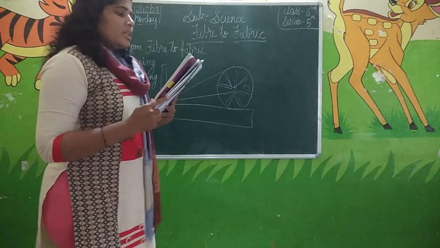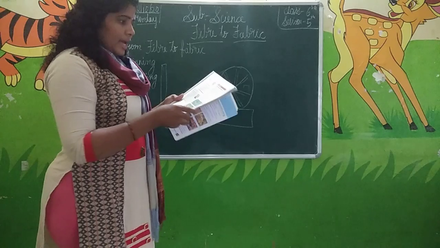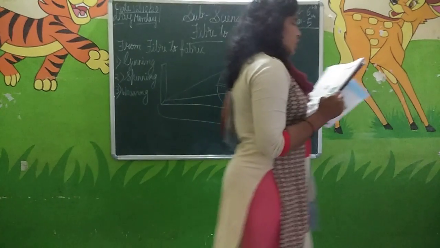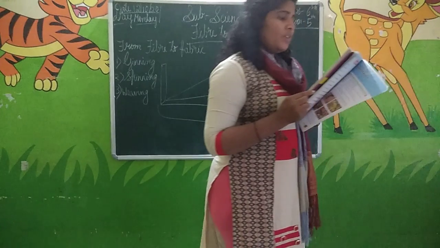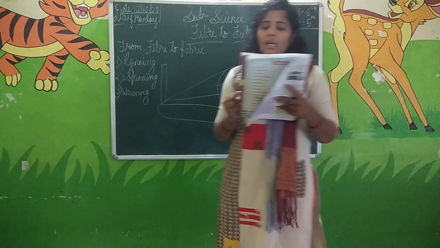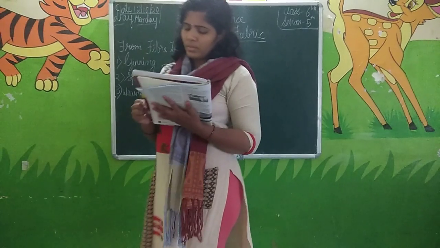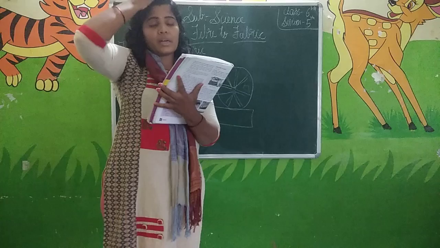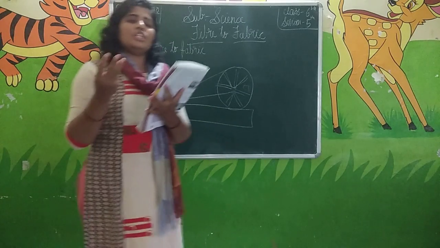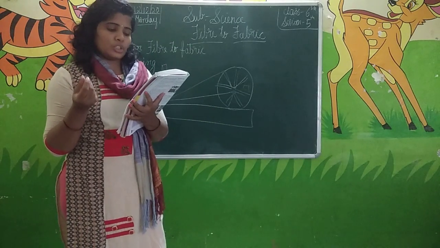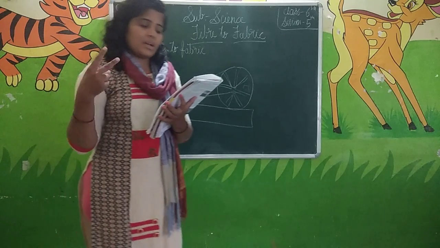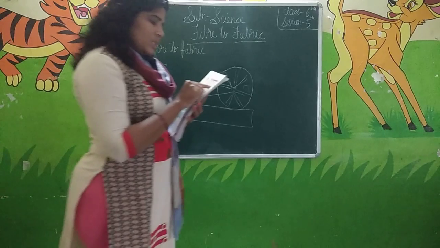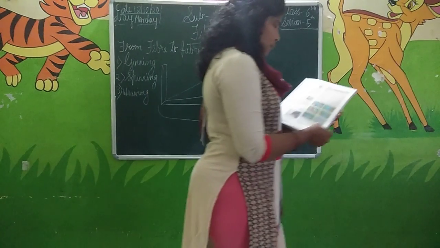To understand weaving, let us do the following activity. Here they have given the activity to make a weaving pattern from paper. Things needed: 3 sheets of stiff paper of different colors, a scale and a pair of scissors. We have to take 3 sheets, a little bit thick, and a scale and a pair of scissors. Method: cut a square piece of 30 centimeters from each paper. Okay, they have shown this sheet.